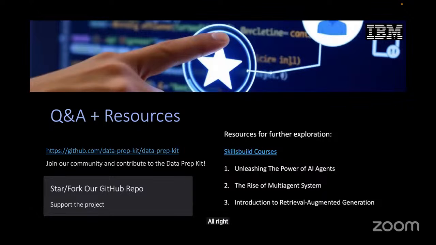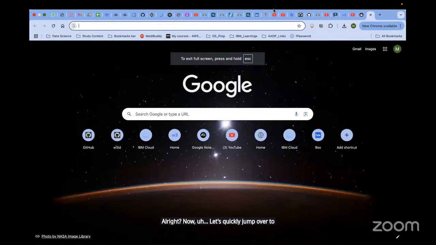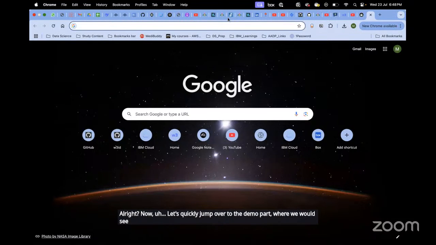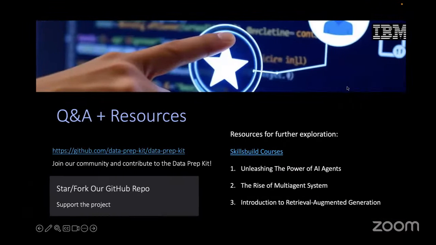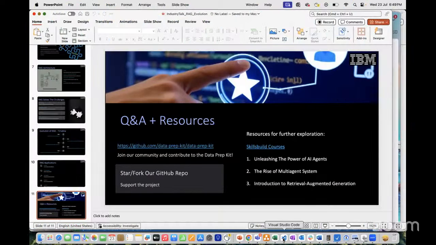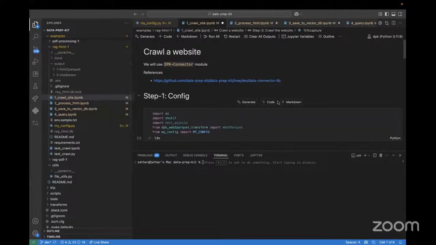All right. Now, let's quickly jump over to the demo part, where we would see a RAG implementation. At the end of the session, I had mentioned that IBM has its own data prep kit, which is a repository that's available for the public to play around with the RAG functionality.